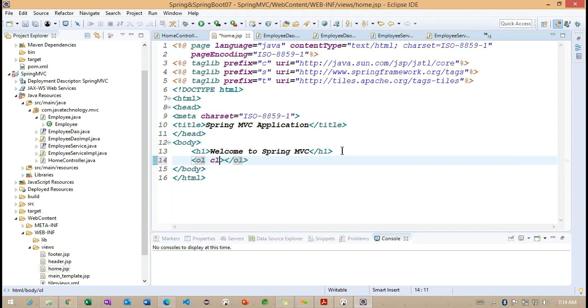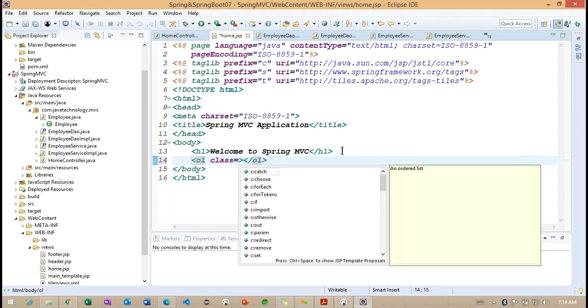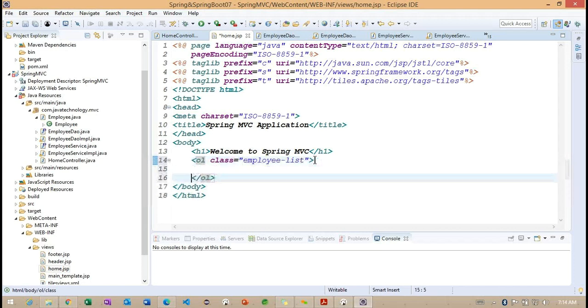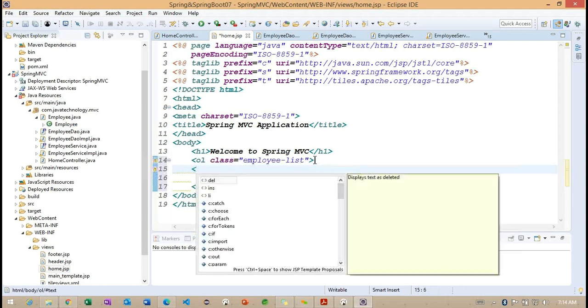Inside this particular OL tag, this is a CSS class, I want to add something, employee list. Getting the point. So inside this particular OL tag, now what I'm doing here, I want to work with